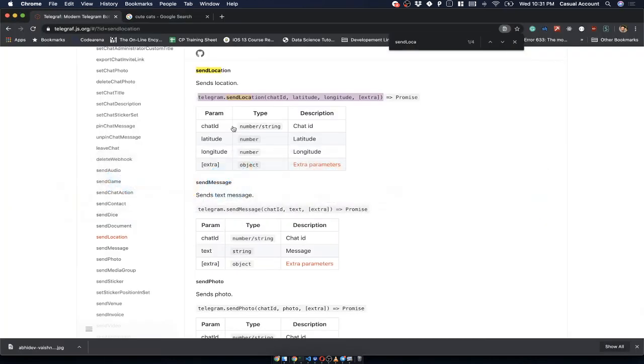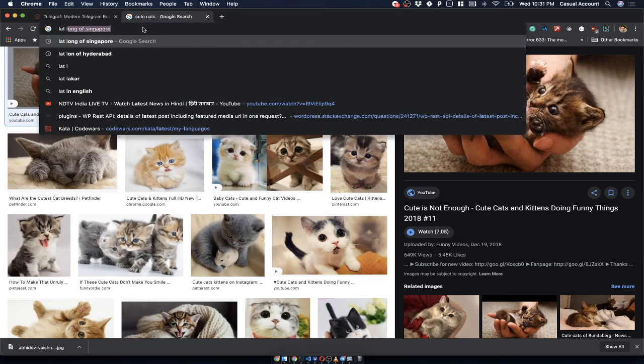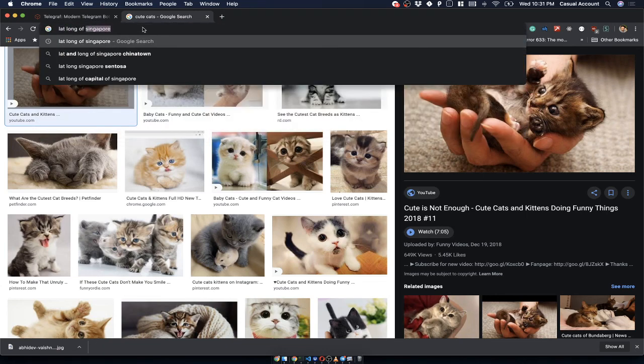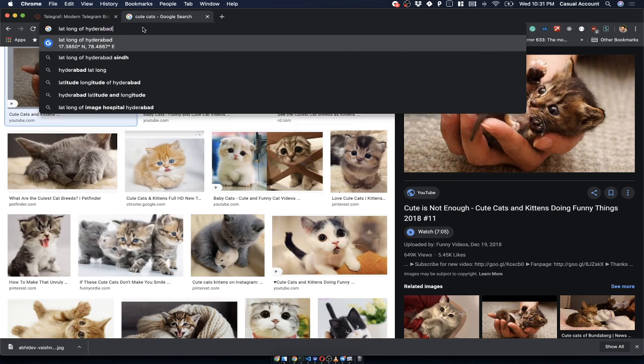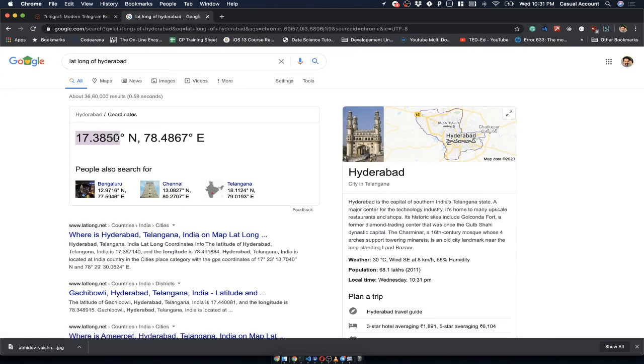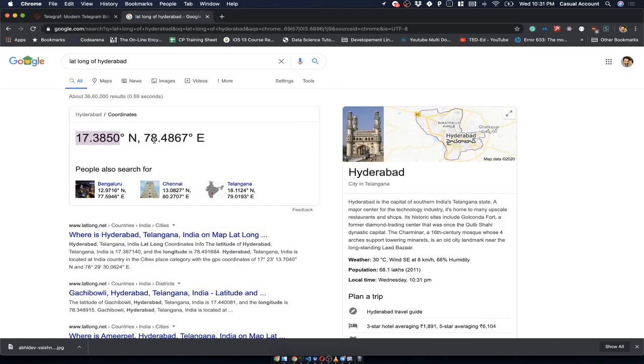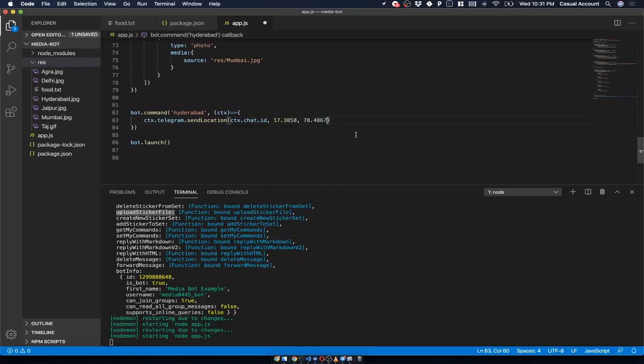Let's go back to Google. Let's Google search lat long of Hyderabad. Press enter. We can see, found it. Just copy it, paste it over here, copy this one, paste it over here, and that's it.